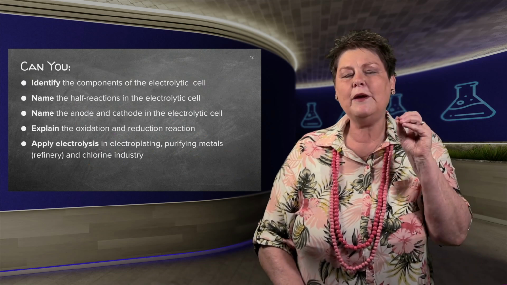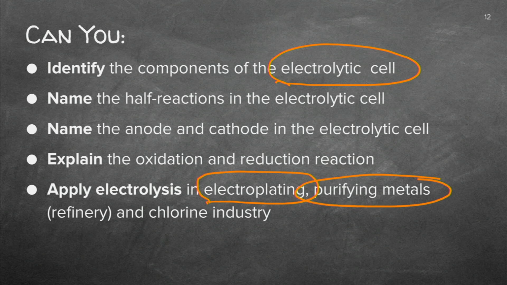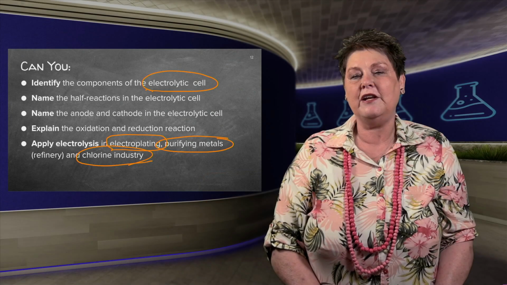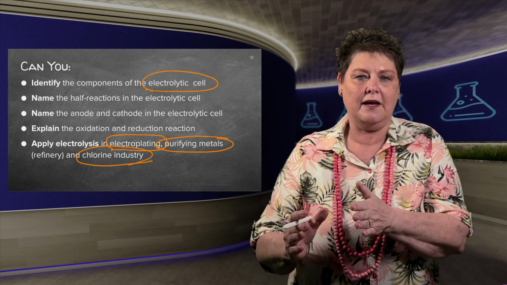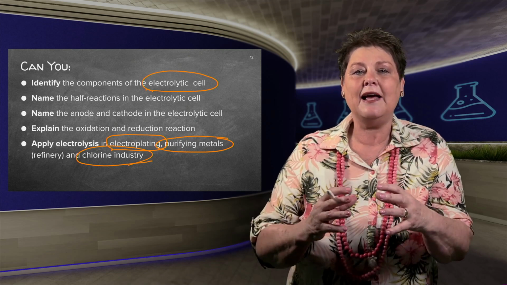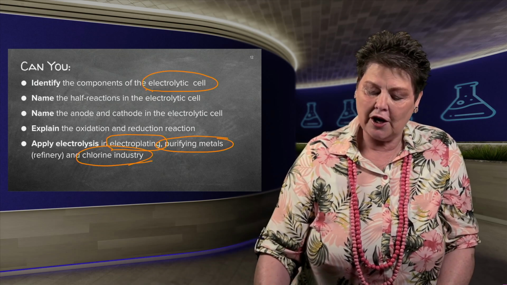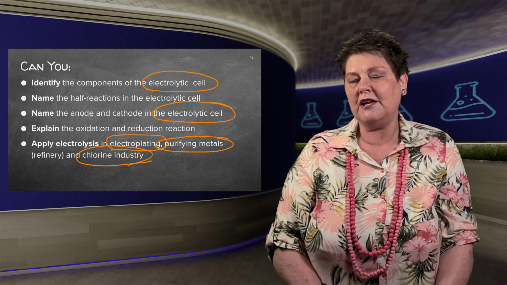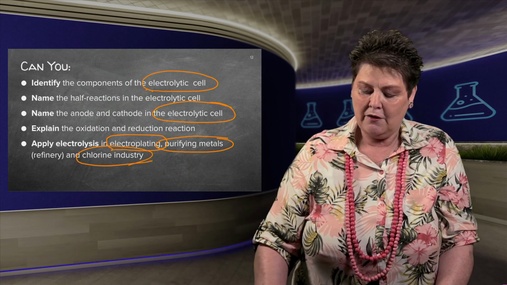Right, how do we apply electrolytic cells? We've got to know the process of electroplating, how we can purify metals, and how it is used in the chlorine industry. In the next lesson, we're going to do the chlor-alkali cell. We're going to use the aluminium cell as well as the mercury cell. But that's in application 2. So now you've got to know you can have applications of electrolysis. It's an electrolytic cell, and you have to distinguish them from each other.